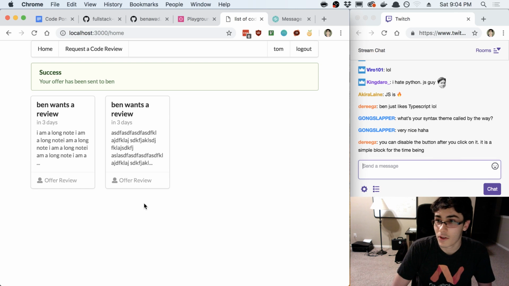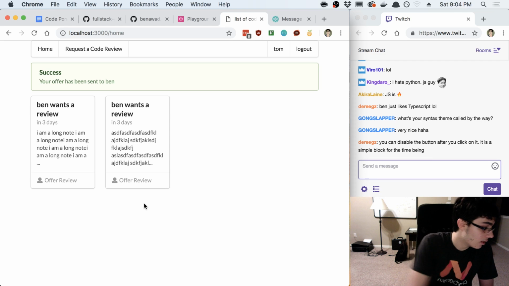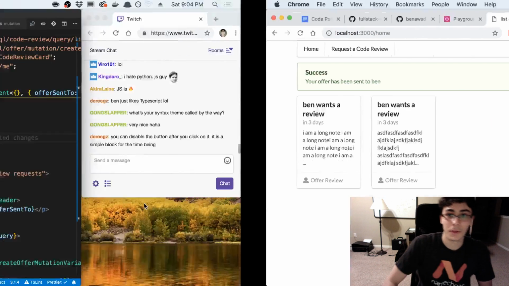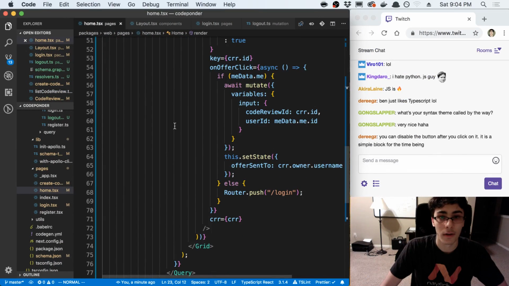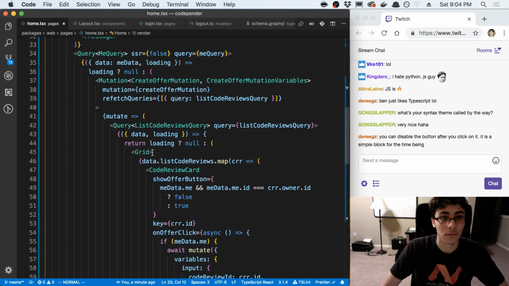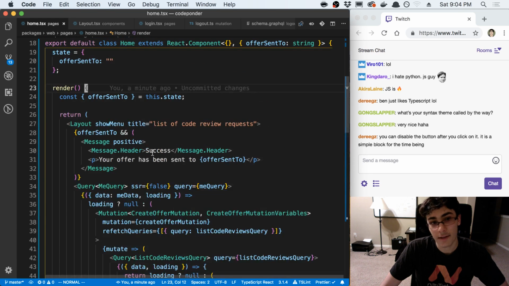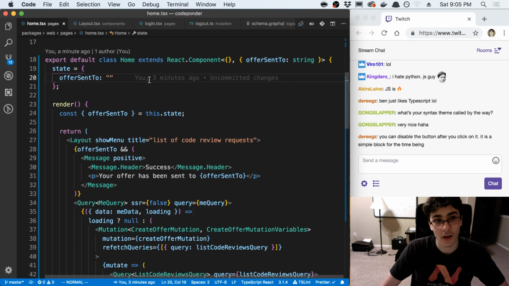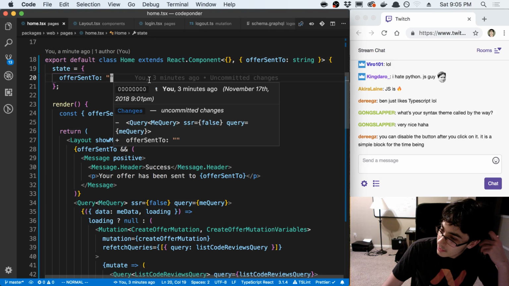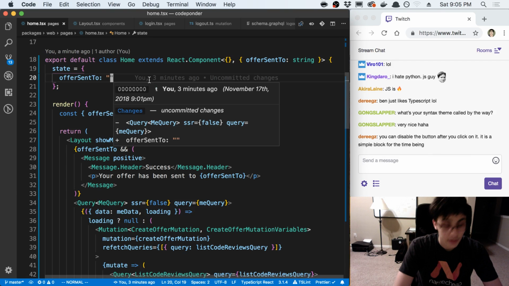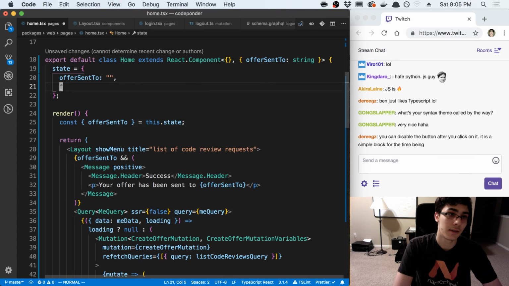You can disable the button after you click on it. It is a simple block for the time being. That is a good idea, actually. Let's do that. I guess basically I would keep a catalog in the state of if I've pressed it. Nah, I mean it takes 2 seconds to do. Let's add it real quick. It's like a simple